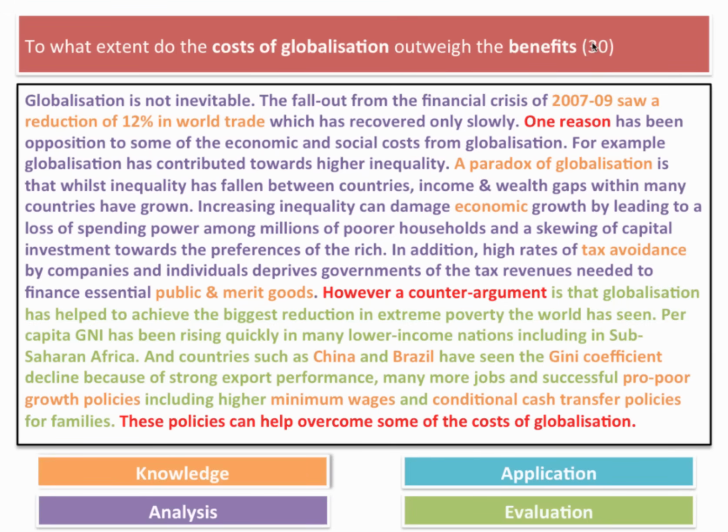Globalization has actually caused the biggest fall in extreme poverty, people living on less than $1.25 per day, PPP, that the world's ever seen. Much of the progress in recent years has been to lift people out of extreme poverty in China, in India, and now increasingly in sub-Saharan Africa. In countries such as China and Brazil, the Gini coefficient has come down. And as countries become richer, partly through globalization, they're starting to introduce welfare safety nets, cash transfer policies, and things like minimum wage.